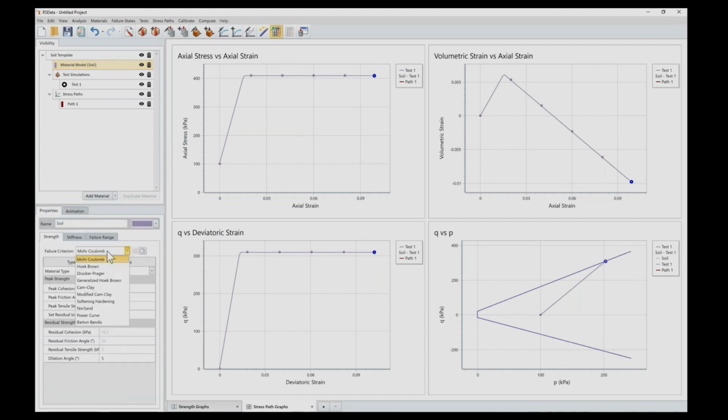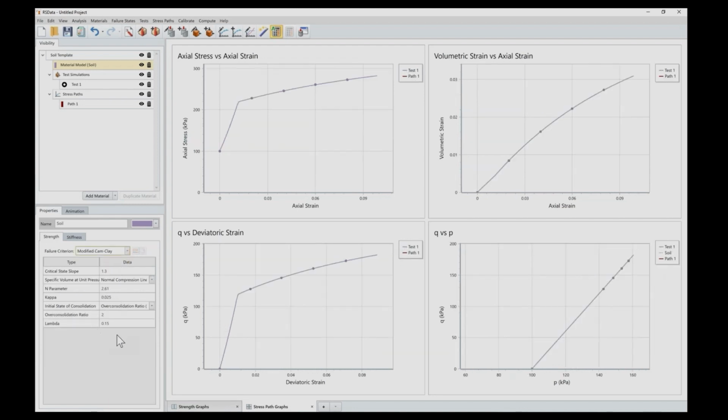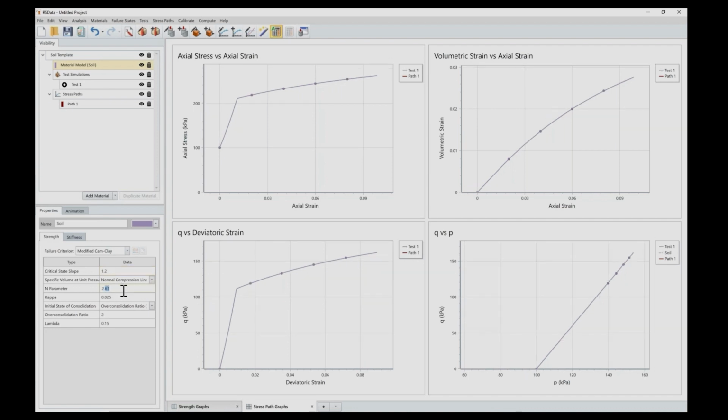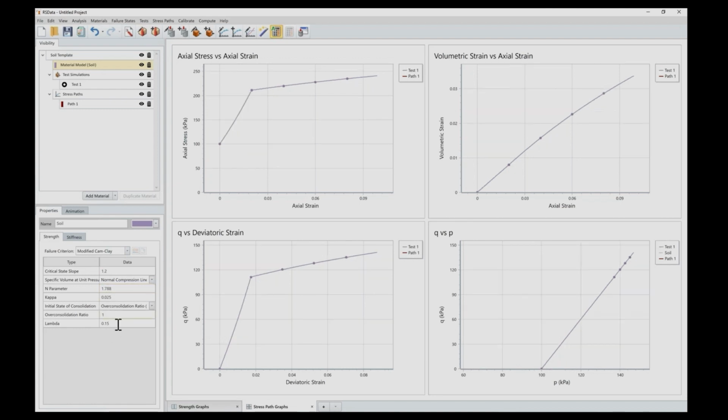I can change this one to modified Cam clay, and all the properties for the modified Cam clay material model are appearing here for me. So the M, the slope of the critical state line for this material, is 1.2, N is 1.788. I have overconsolidation ratio, this is 1, and